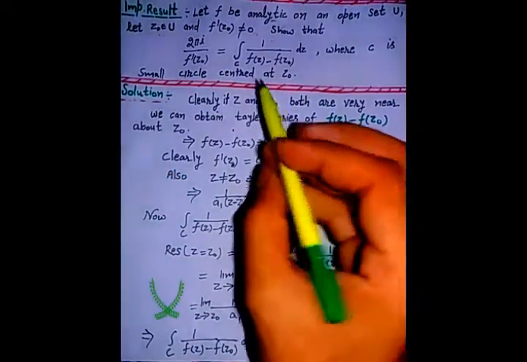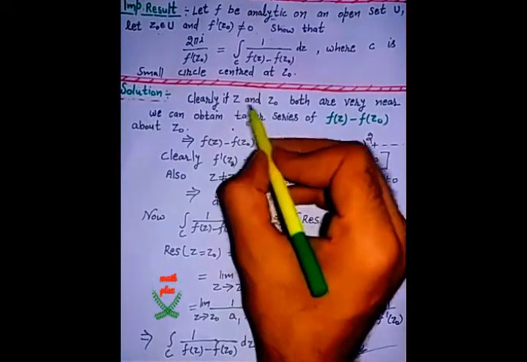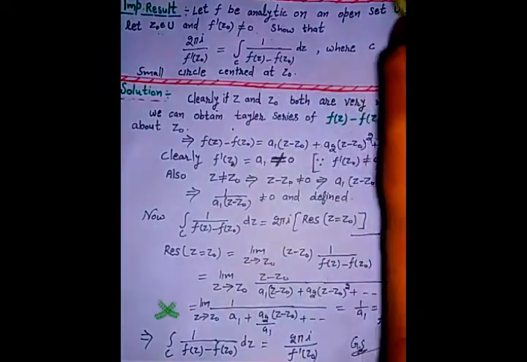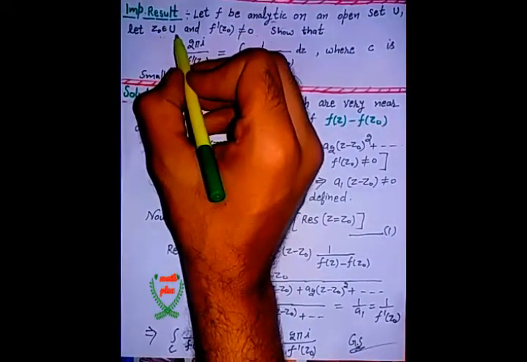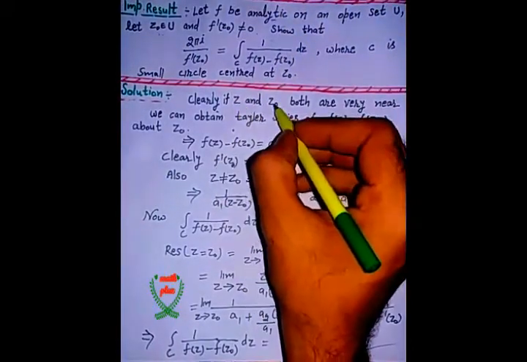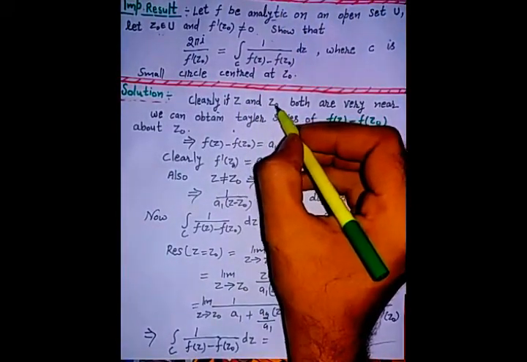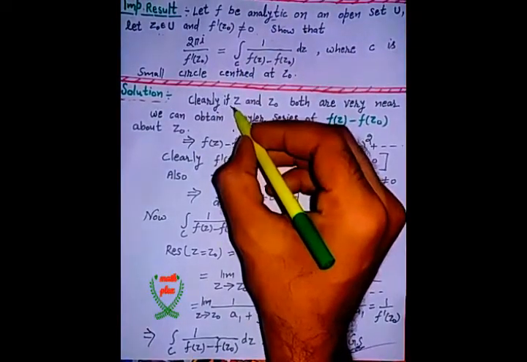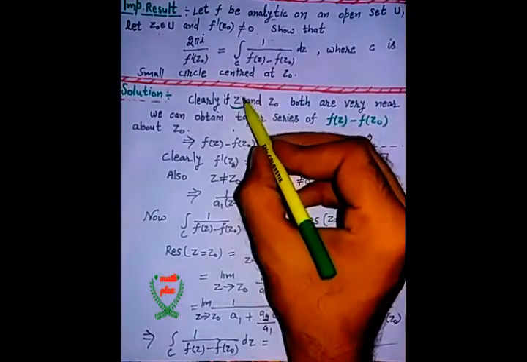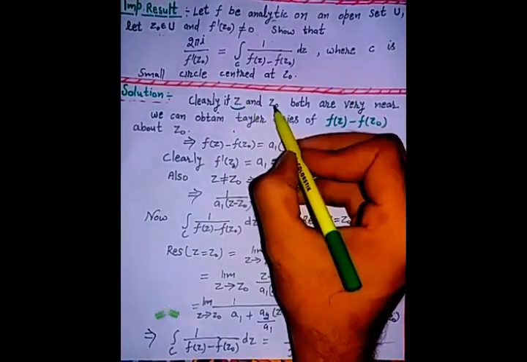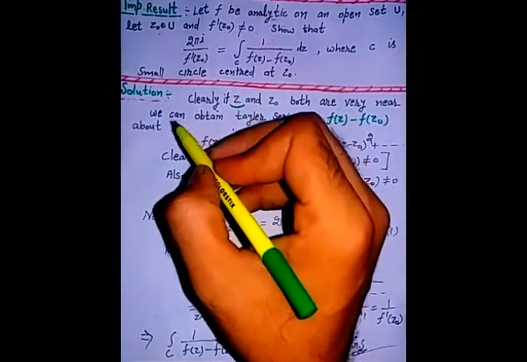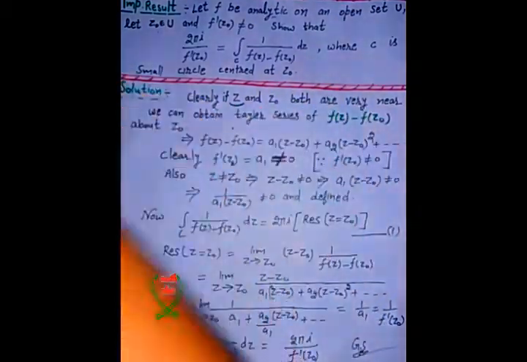So first of all, when we take z arbitrarily close to z0, then what happens? As at the point z0 the function is analytic, then if z is arbitrarily close to z0, the function is analytic also at z. Therefore the function is analytic at both points z and z0. Now what happens with this condition? So we can expand the Taylor series of